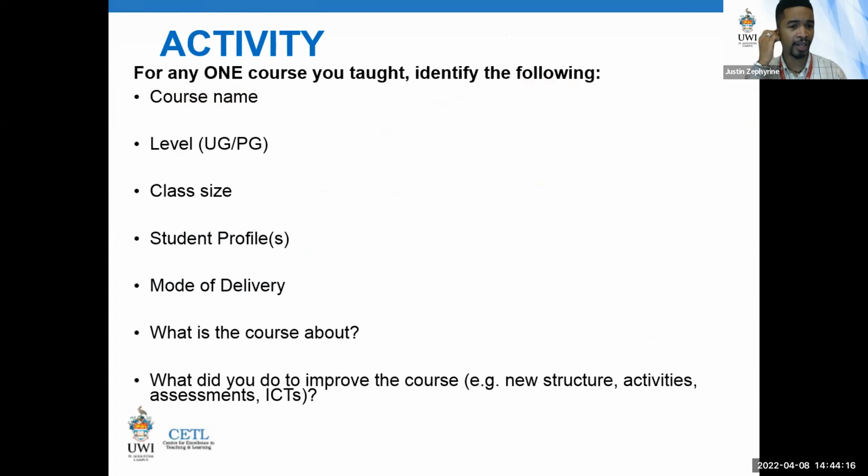So for you, I'm going to ask you to think of one course that you've taught, and give us a basic description of it. You could, in your notepad, note whether it's undergrad or postgrad, the class size, the student profile. Marsha mentioned earlier the socio-cultural background of the students.